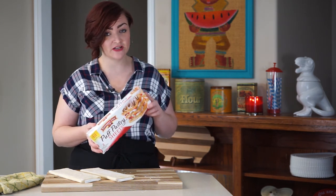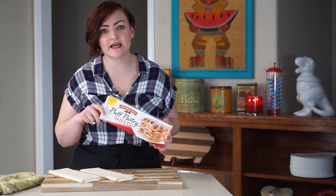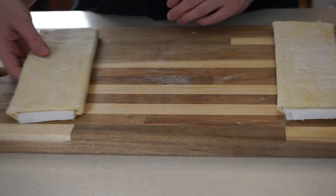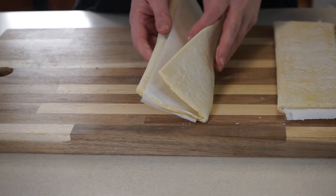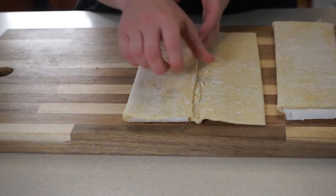For my turnover crust, I am using store-bought puff pastry dough, and you can find this in the freezer section in your grocery store. It's super easy to work with, as long as you follow a few little guidelines, and I'll go over those as we make these. These puff pastry sheets come 2 to a pack, and they come frozen. And so you want to let them thaw out on your countertop at room temperature until you can easily unfold